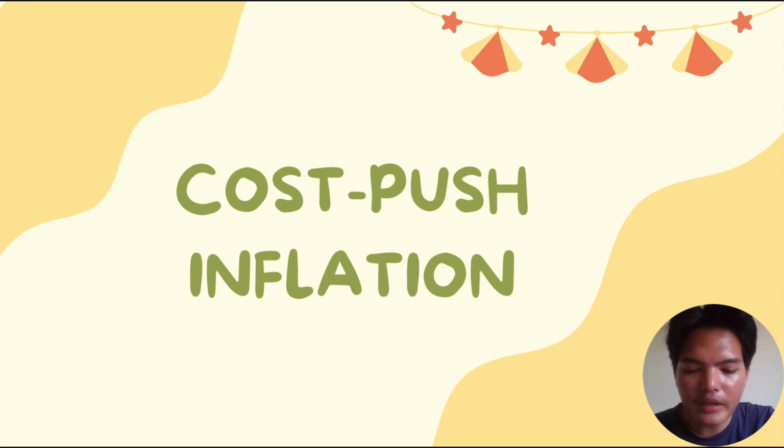Cost push inflation can only occur if the demand for the end product or service is inelastic, such as petrol, because people cannot find other substitute goods to replace it. If the demand is elastic, then people will either buy less of the product or switch to other cheaper goods. There are various factors causing the leftward shift in the aggregate supply, such as